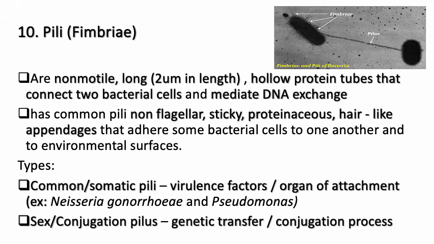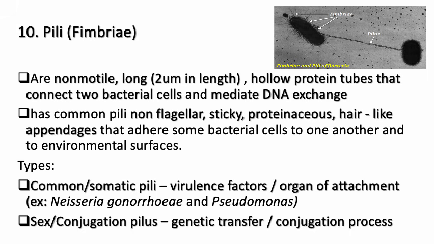Pili are hollow structures that can be found on the surface of cells. There are two types, the common and the sex or conjugation pilus. These appendages are not used for motility by our bacteria. Usually, they are used to connect two bacterial cells and mediate DNA exchange. Also, they can be used by bacteria to attach to a certain